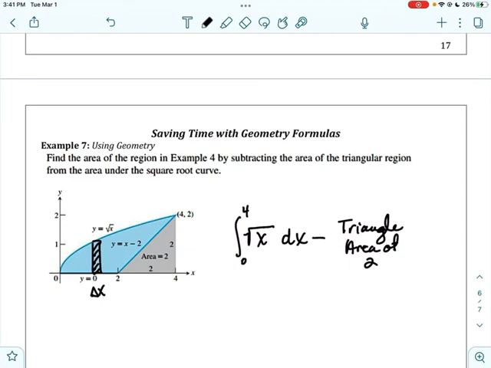Okay, so that is kind of a nice little segue to end this lesson, but to notice that sometimes it's a lot easier to do something like this. But there are other times where you have to split up your areas. So you have